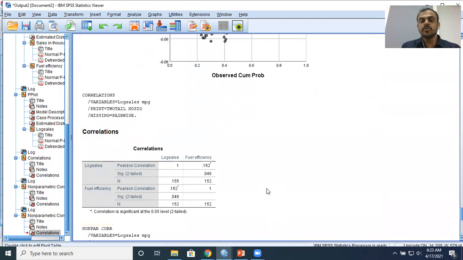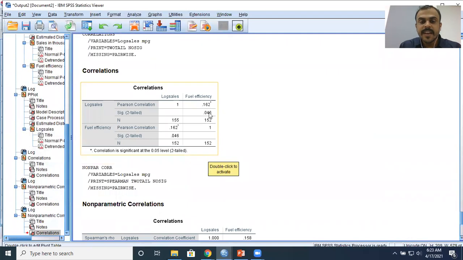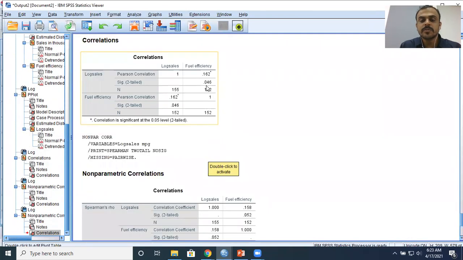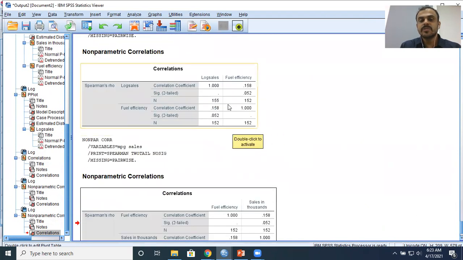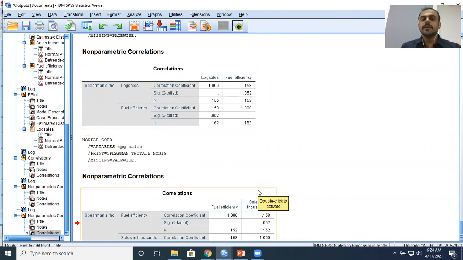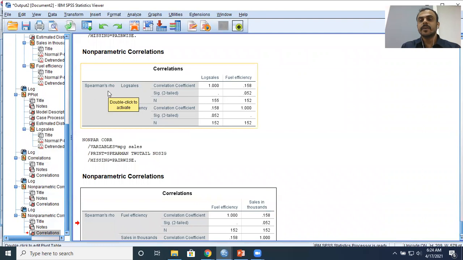Interestingly, it is very, very close to what your Pearson's correlation also said. Pearson said 0.16, and my Spearman's rank correlation is saying 0.158, very close to that value. But the significance value is very, very slightly exceeding 0.05, right? So that is the difference that you see between Pearson's correlation and the non-parametric alternative, that is Spearman's rank correlation, right?